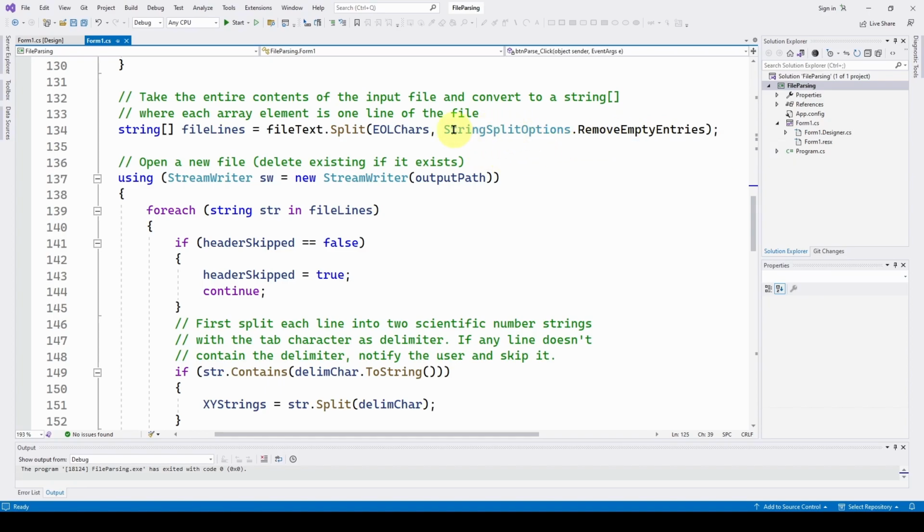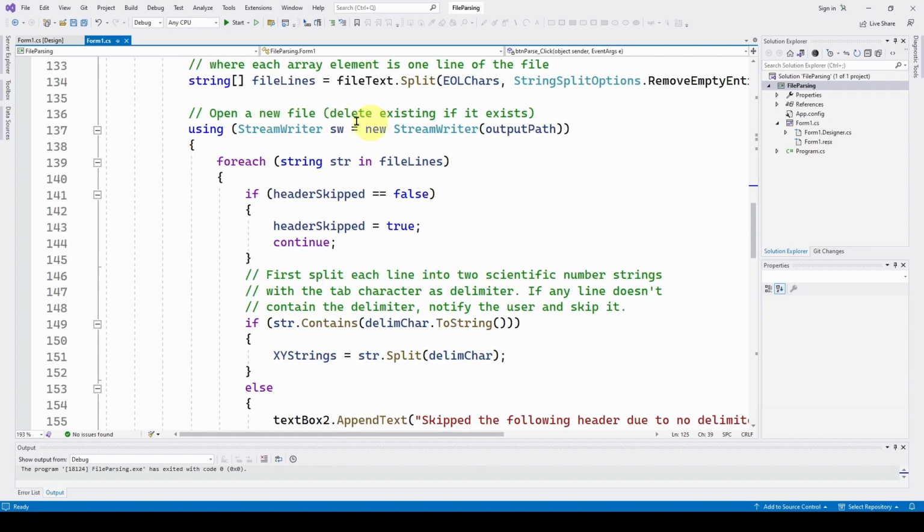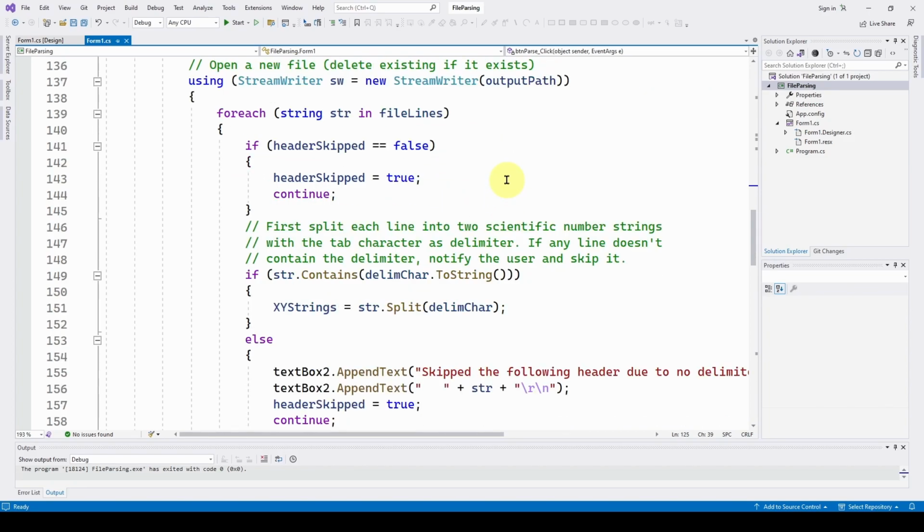So again, this is double checking. If there's any empties in this file, it will just ignore them. So this will give us an array of 655 strings. Each element represents one line of the file. So now that we've got the file as 655 strings, we can go through and parse them and save a